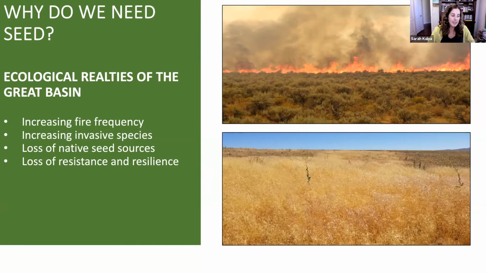Cheatgrass is an invasive annual grass, and it is slowly covering more and more of Nevada in the Great Basin. Not only is cheatgrass prolific, it makes fire more likely. Where invasive annual grasses are present, the landscape does not recover from fire on its own, and instead creates a cycle where fire burns the same areas again and again and reduces diverse plant communities to annual grass monocultures. And you can see this depicted in my photos.